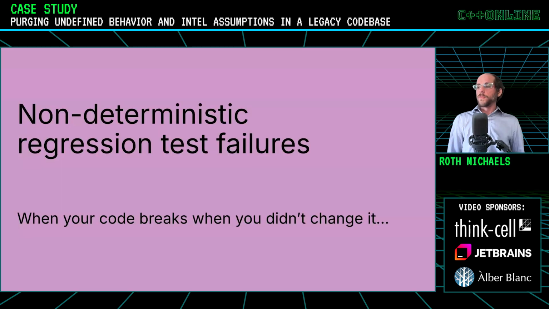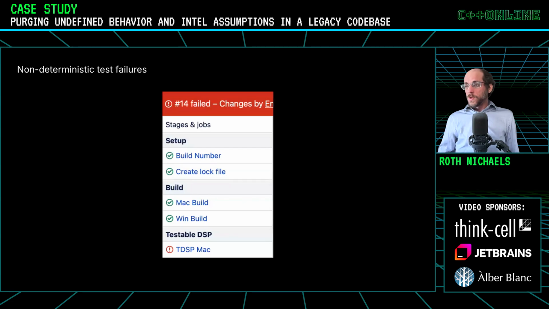And so another example of the code breaking when you didn't change it is non-deterministic test failures. So we had a situation where we have a set of DSP regression tests where we see, like, with code changes and compiler changes, does our DSP sound the same? It's not a byte-for-byte compare, but, like, to human ears, would you be able to hear the difference between A and B is kind of what we're evaluating. And some of these tests were failing non-deterministically. When you run into that, please don't have your solution be just run it again until it passes. And this is where we first started getting into using the address sanitizer and undefined behavior sanitizer in Clang.